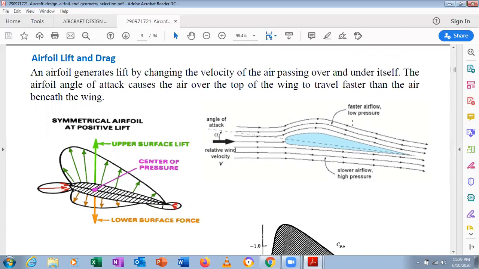low pressure, high velocity. So you can see the distribution of the pressure and the velocity on the lower surface, and this is the upper surface, and this is called center of pressure, which makes the body lift. Understood? There is a lift and a drag, and there will be a resultant force which makes the body lift. Correct? So therefore we can see here